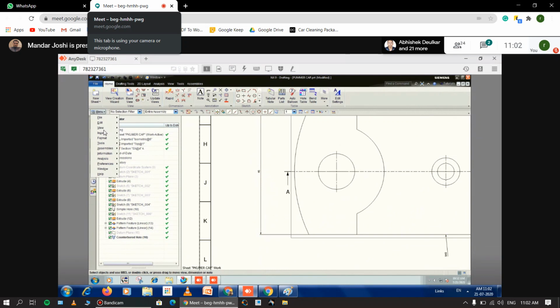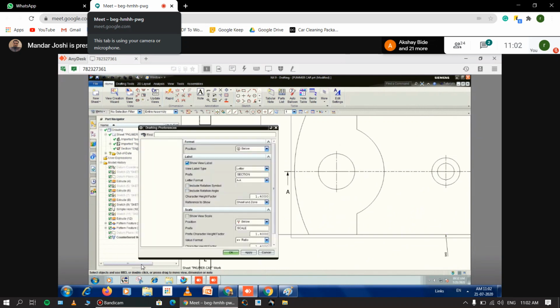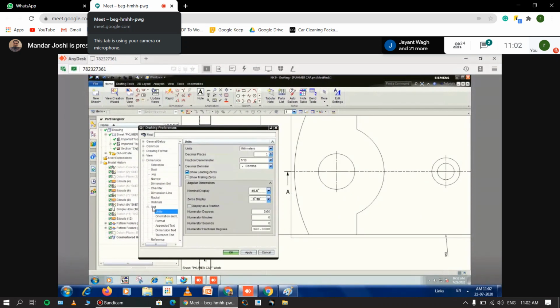Menu, preferences, drafting. In that drafting, now we have to modify the setting for the dimensions. Go to the dimension settings and you have to modify the dimension text. Select now the text. Okay, so click here decimal periods, you take here dot.